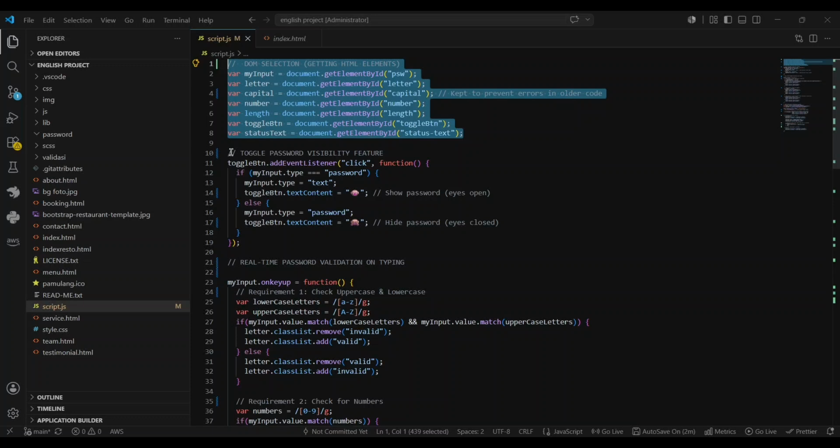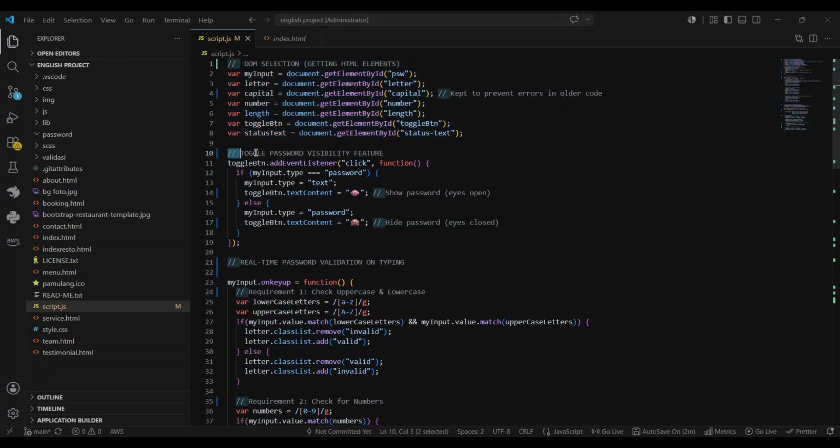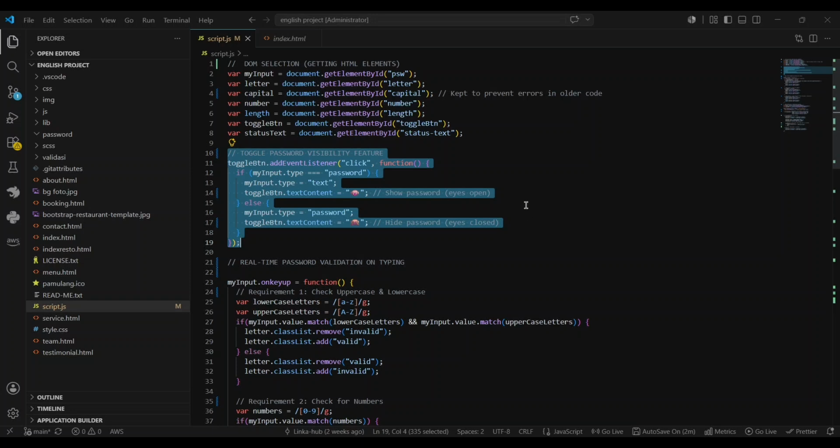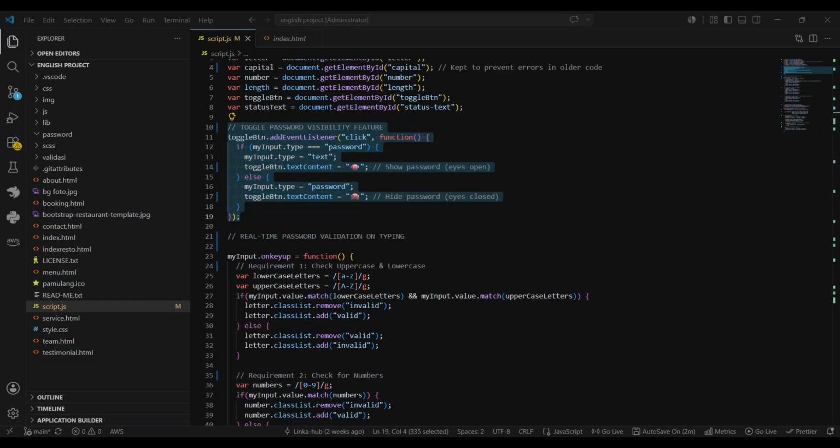Next, the toggle password visibility feature. The logic here is super simple. When the user clicks the monkey icon, we check if the input type is currently hidden as a password.